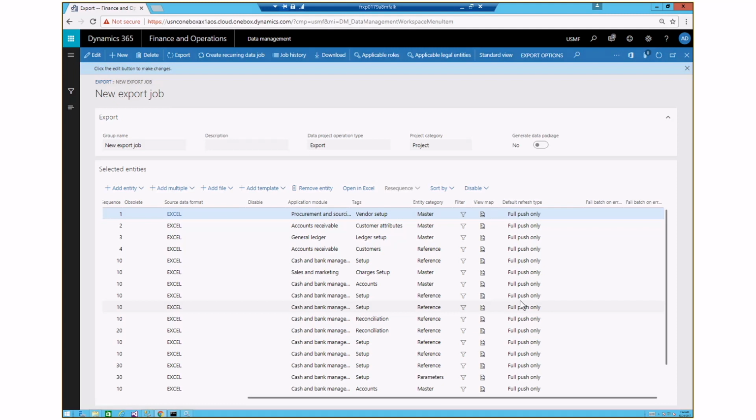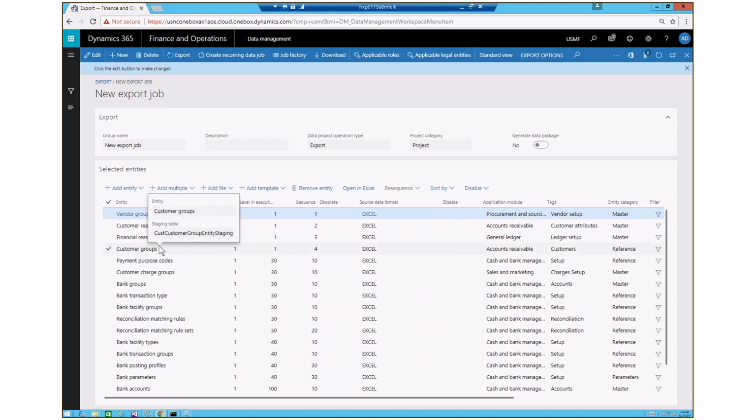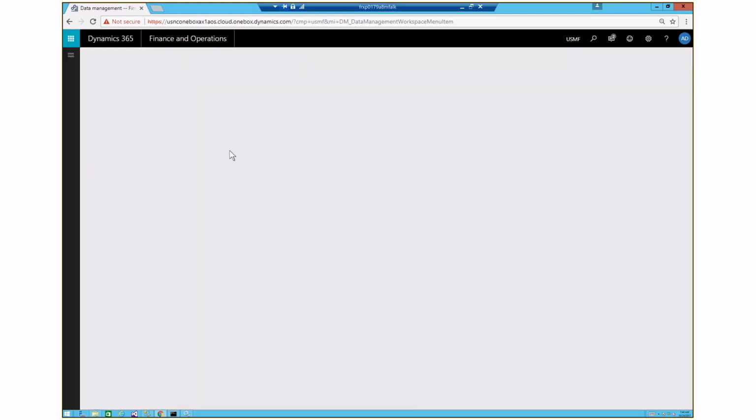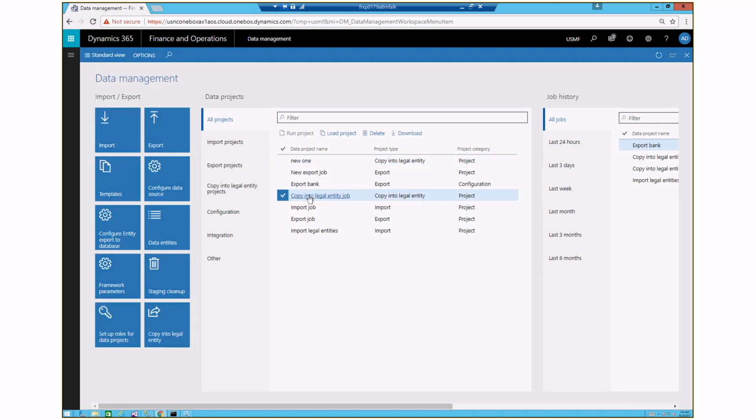Was it 11, right? What platform is it? Yes, it's in platform 11. You'll see it's available now. We're actually getting ready to almost ship platform 12. So 11's been available for a couple weeks now. Again, the only thing you won't see if you just take platform 11 in the copy legal entity job is